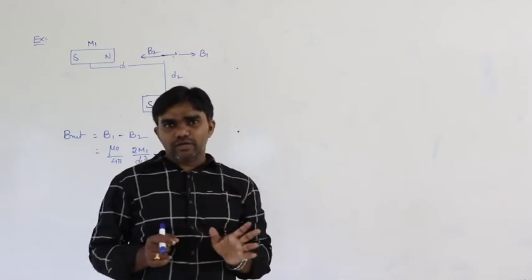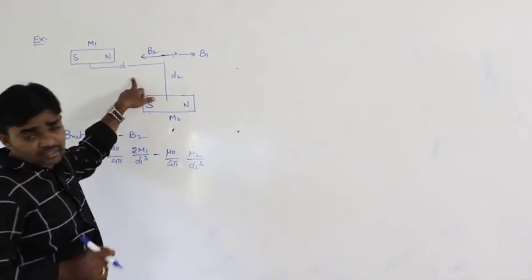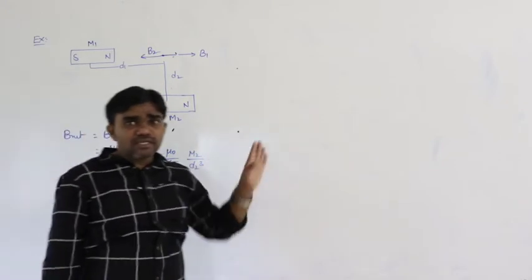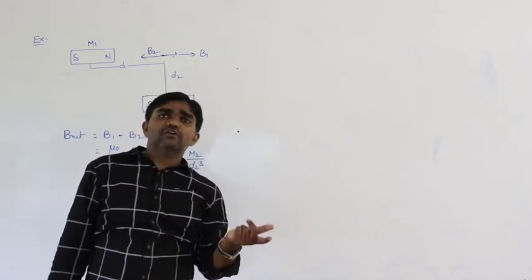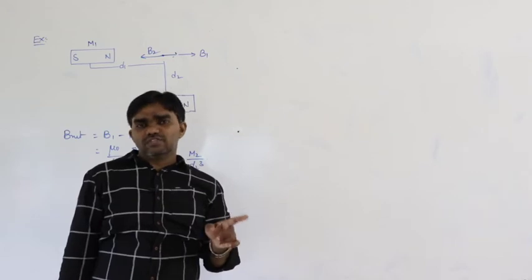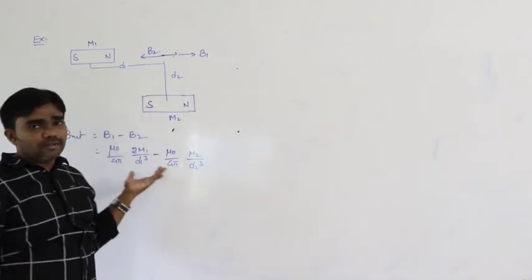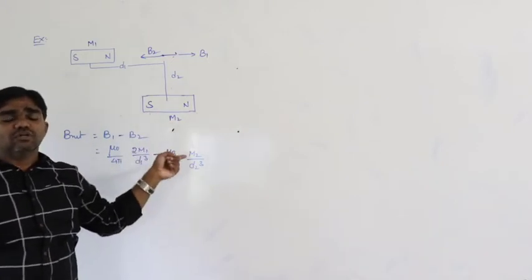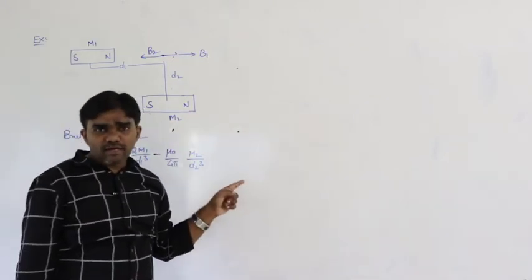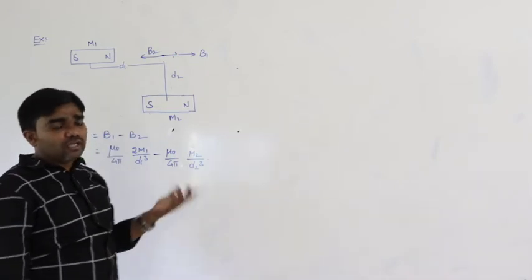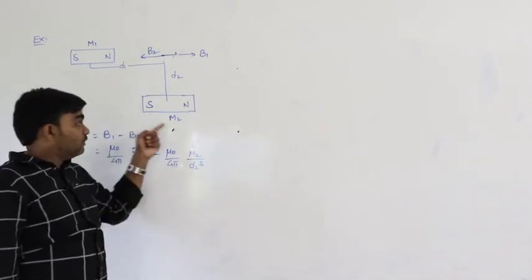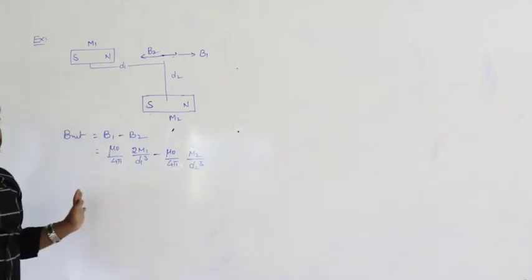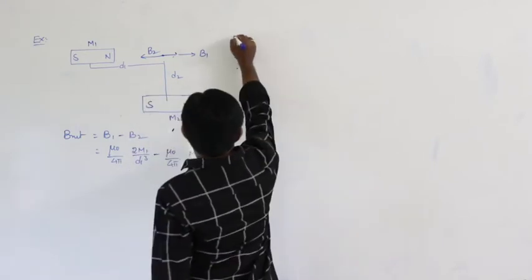It is very, very important, while calculating the net magnetic field for the given bar magnets, to first assess whether the given position is the axial position or the equatorial position. After that, we just have to apply the formula. For the equatorial point, the direction of the magnetic field is north to south. For the axial point, the direction of the magnetic field is south to north. For the axial point, it is 2m by d cube. For the equatorial point, it is mu naught by 4 pi m by d cube. So that is important.